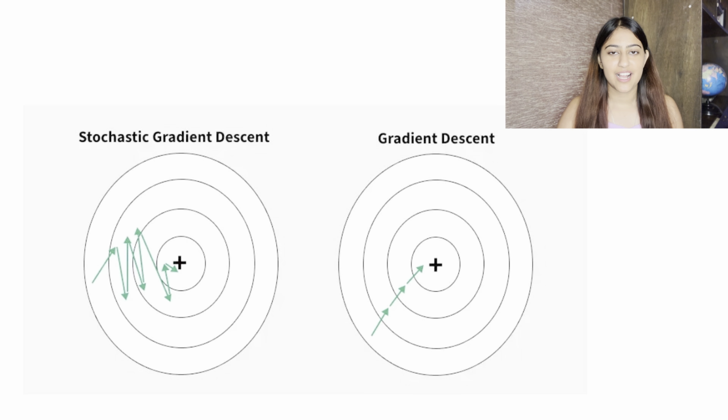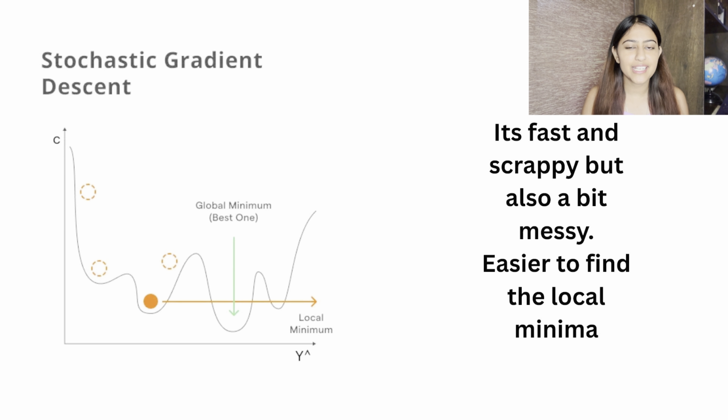Now look at a completely different scenario wherein we pick a random point from the entire data set and see how much gradient it has, and then change the weights based on just this one single data point. This is called stochastic gradient descent, or SGD, and this is another variant of gradient descent. It's fast, it's scrappy, and yeah, it is a bit messy because the updates bounce around a bit, because one sample can't tell you the entire story.